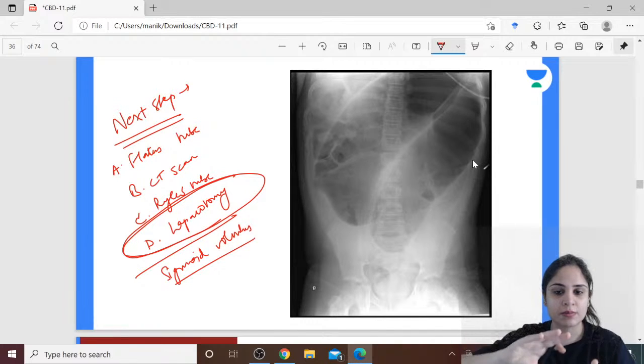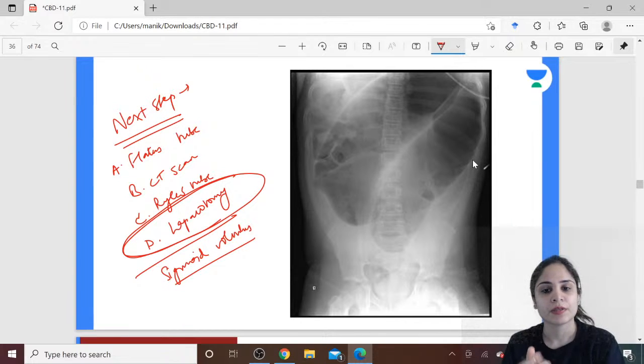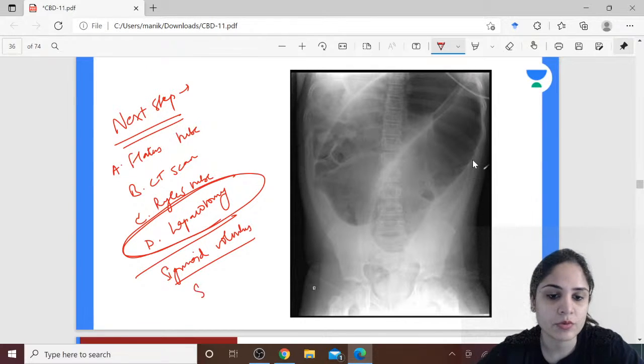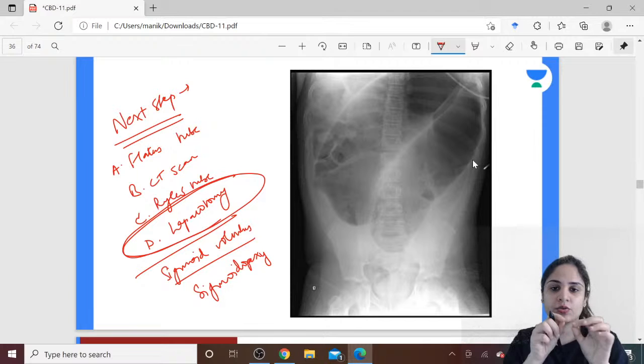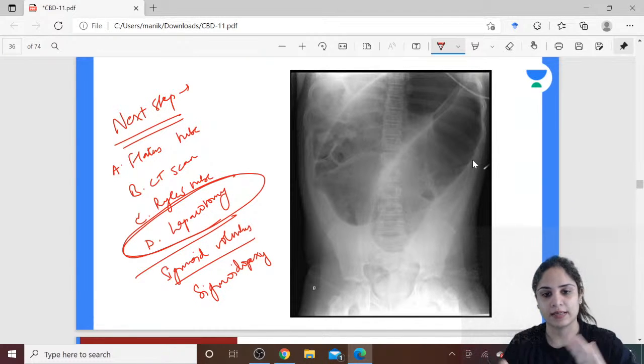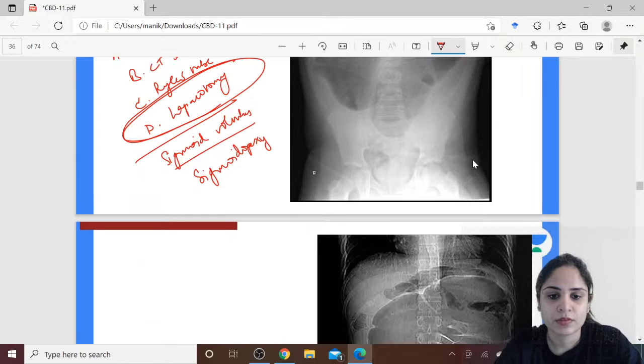So you do a laparotomy, untwist the bowel, milk all the air that is collected inside the bowel, and then you do a sigmoidopexy. Sigmoidopexy is nothing but you hitch up the bowel, or make sure that the bowel is attached to the abdominal wall so that it does not twist again, because volvulus can occur again and again. So you want to avoid that from happening. Alright,